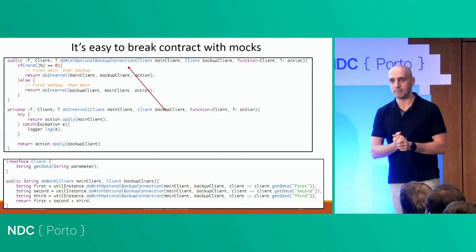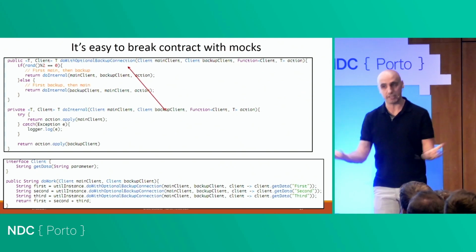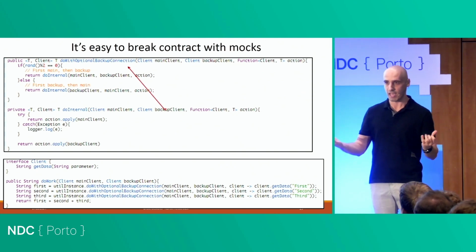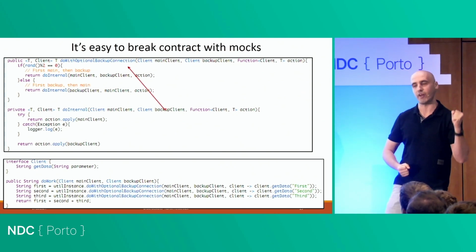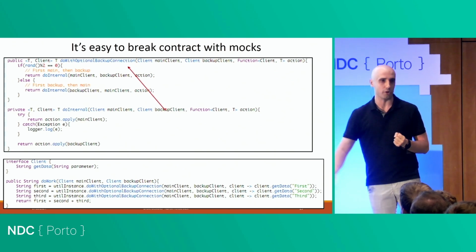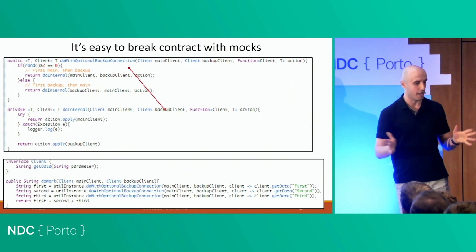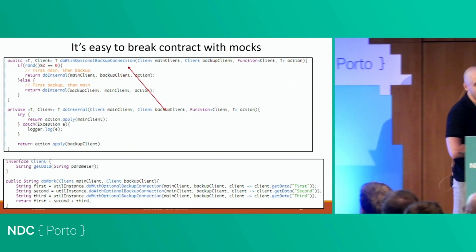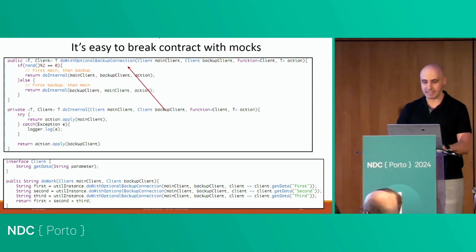You can think of the same situation like you have two different network interfaces, network connections. You go through your broadband. If it failed, then you go from your modem or mobile hotspot or whatever, right? That's the idea. So we have a method that is called do with optional backup connection, and this method basically